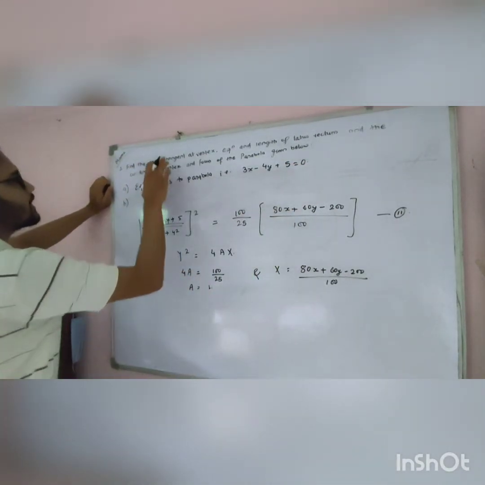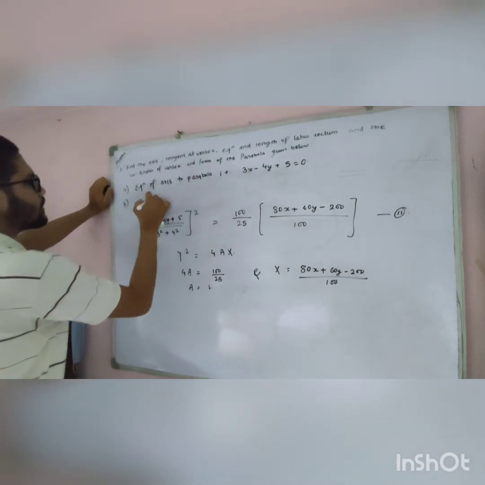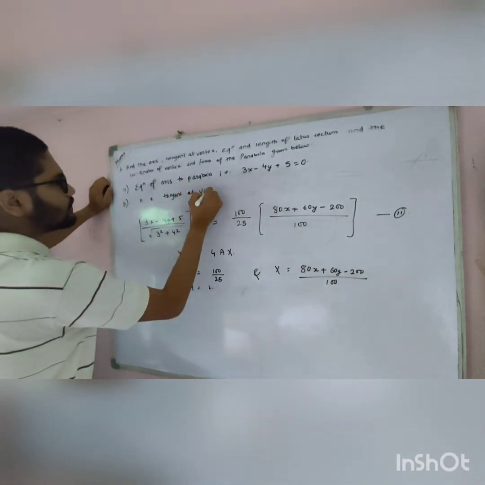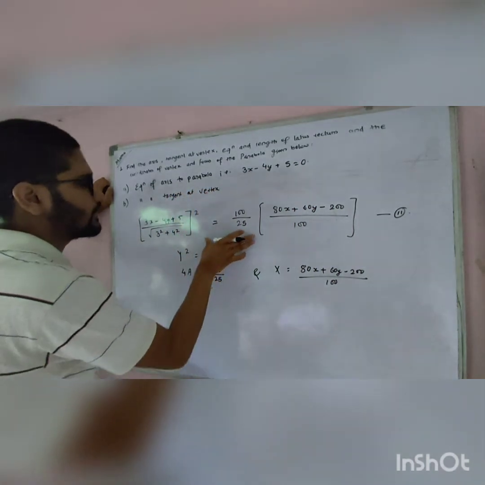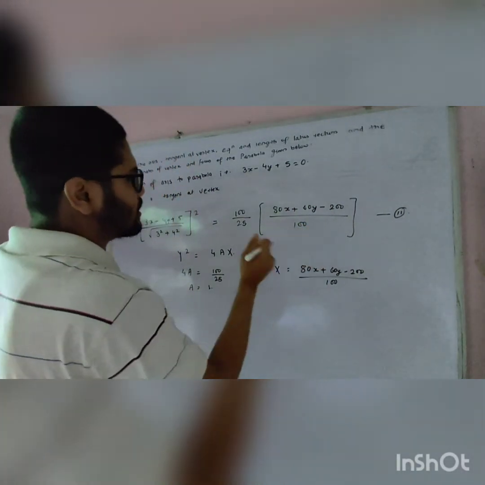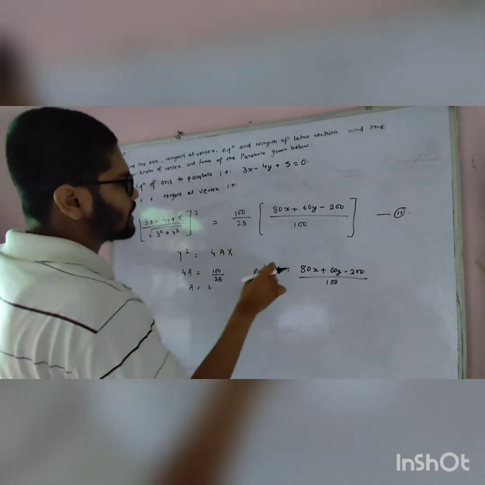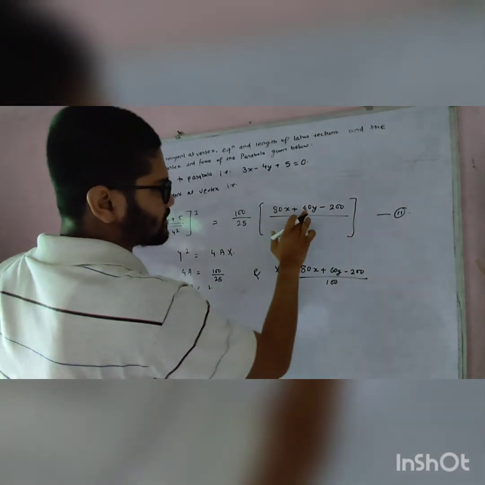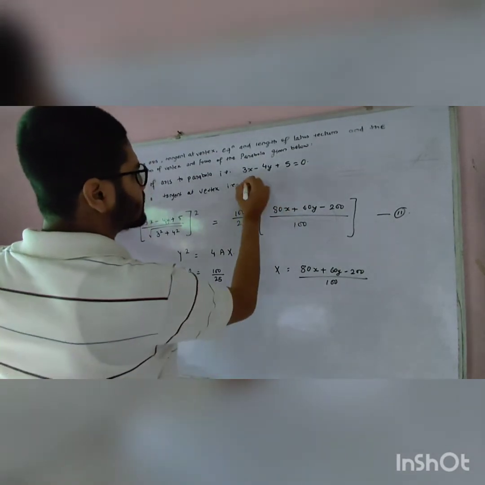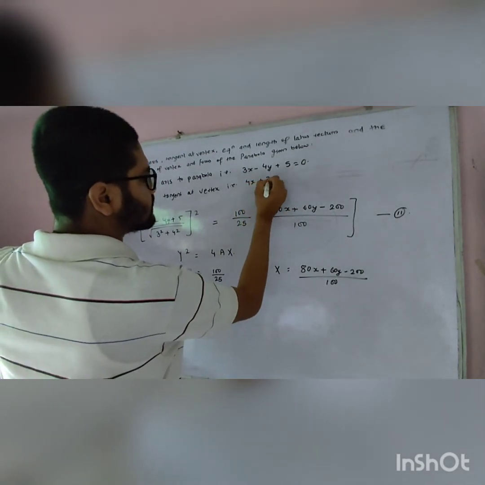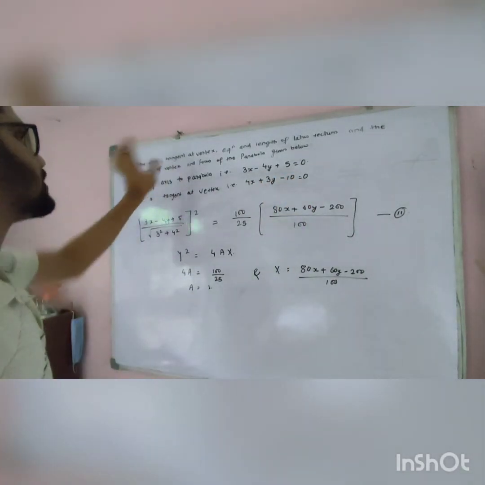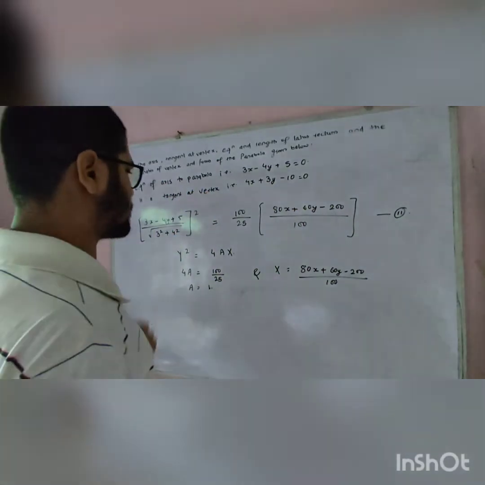Second is the tangent at vertex. The equation of tangent at vertex can be found by equating the term on the right hand side to 0. So after doing that, we will get 80x plus 60y minus 200 equals 0, and on further solving we will get 4x plus 3y minus 10 equals 0. So we found out two things. Now moving on to the third thing,